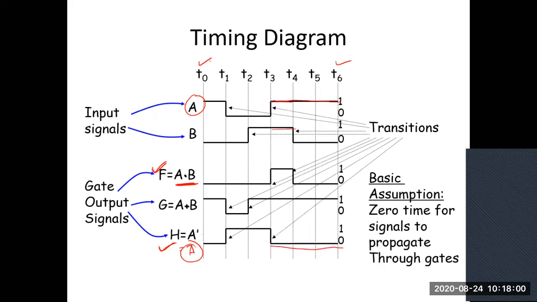After this, the B value is 0 for T4 to T5 and T5 to T6, so 0 dot anything I'm getting as 0. In this way, I have made the timing diagram depending upon the inputs A and B, for the interval T0 to T6, considering that the AND gate which I am using for this case has no delay.